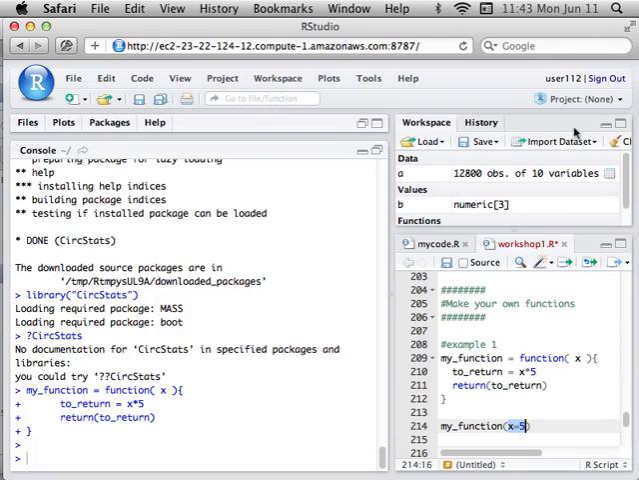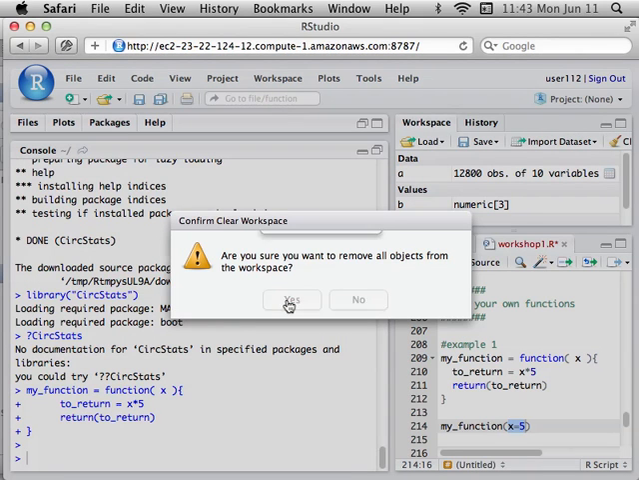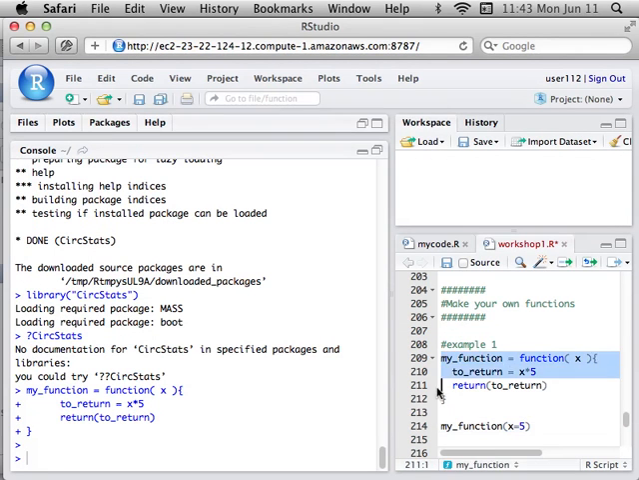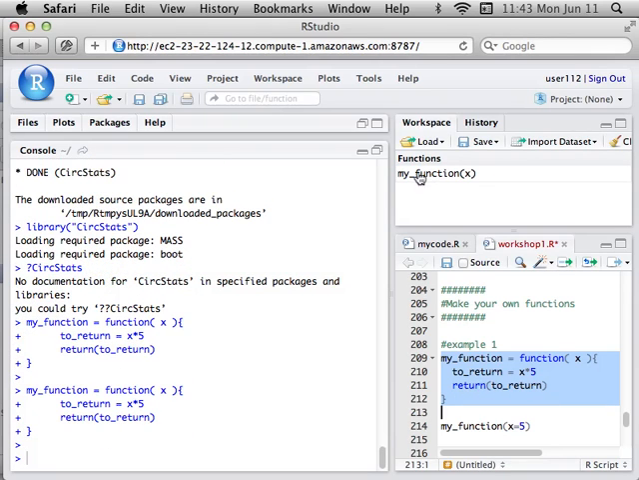Actually, what I'm going to do, I'm going to clear my workspace. I'm going to rerun this defining of the function so you can see that the function gets loaded as a function. And now what I'm going to do is I'm going to run the function. When the function runs,